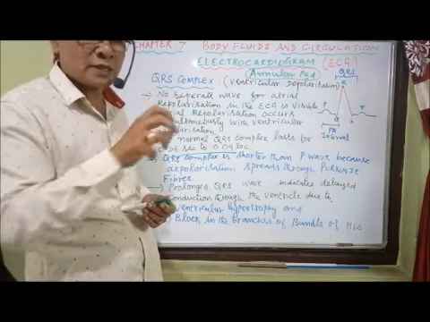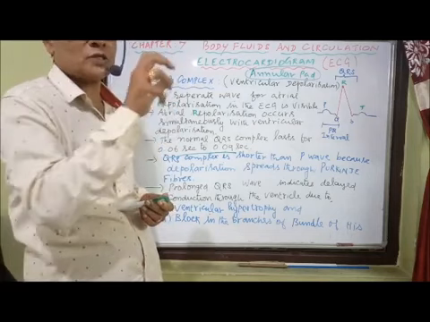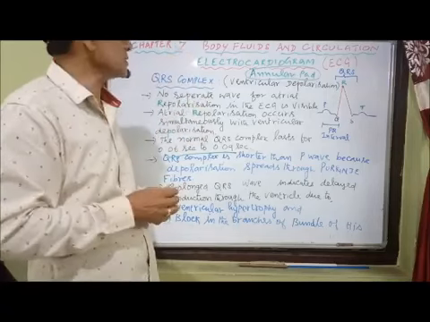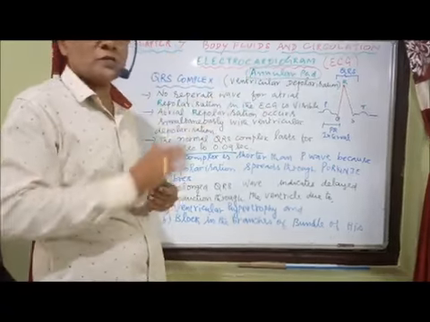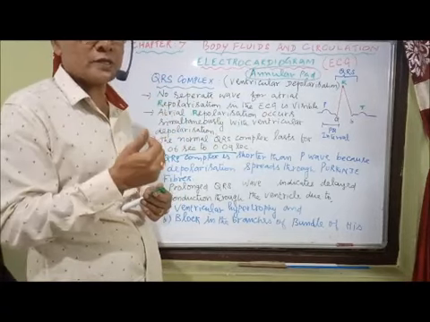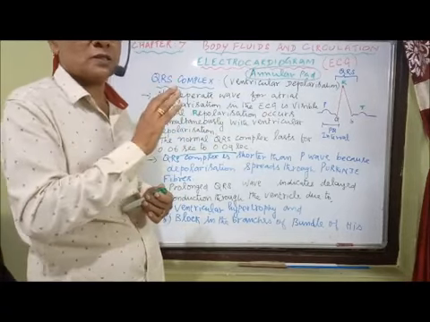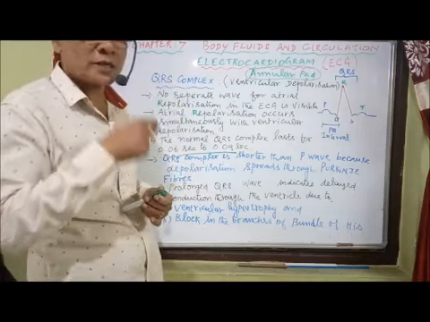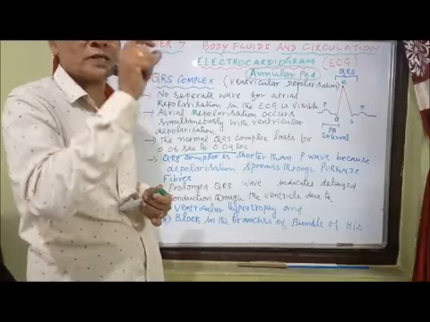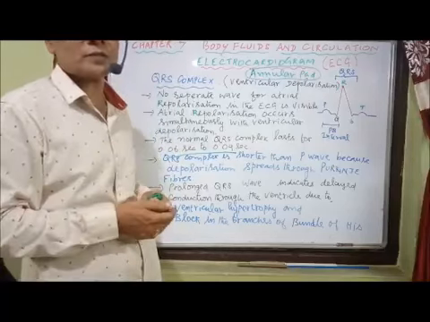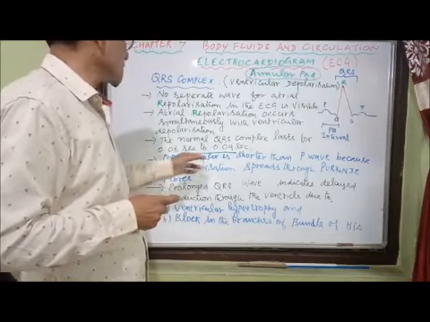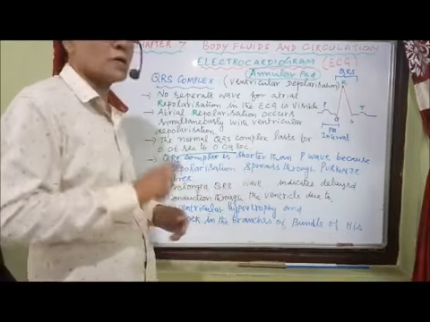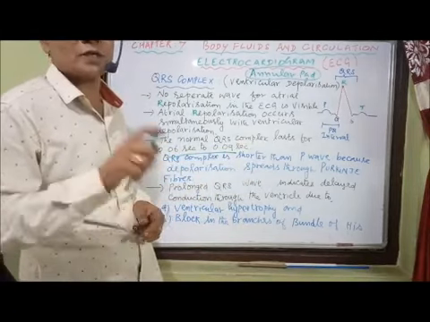The impulses are being carried away only by the Purkinje fibers from the atrioventricular node and not directly from the atrial muscles to the ventricles. This is because of the presence of the annular pad, which separates the atria from the ventricles. No impulses cross this pad. No spreading of impulses from the atria to the ventricles directly. It is being conducted only through the conduction system, namely the Purkinje fibers of the bundle of His. That's why you see that the QRS complex is shorter than the PR. The reason is that depolarization spreads through only the Purkinje fibers and not through the cardiac muscles from atria to the